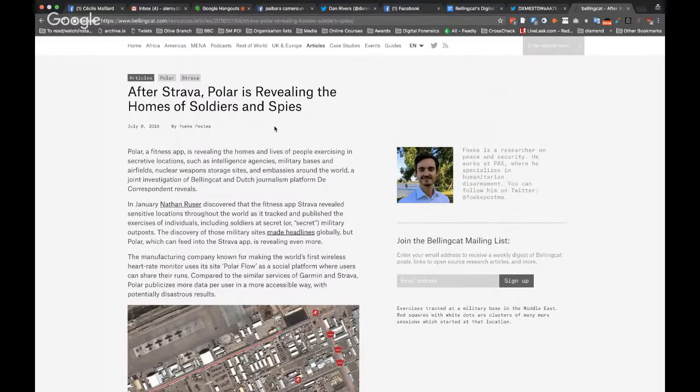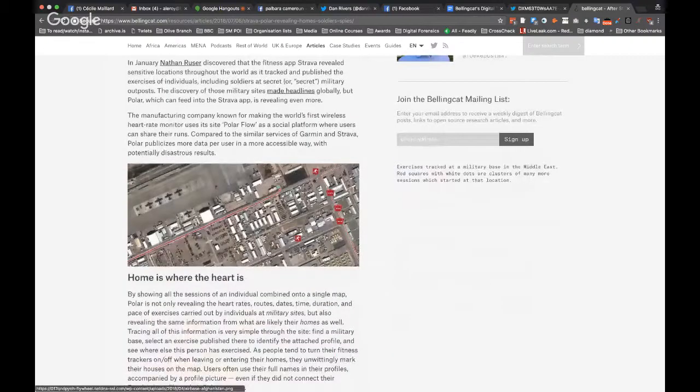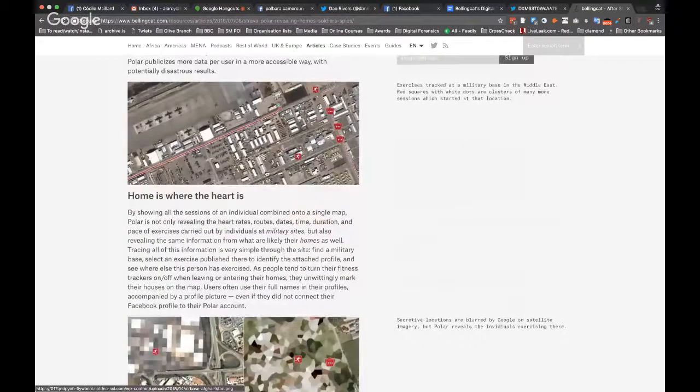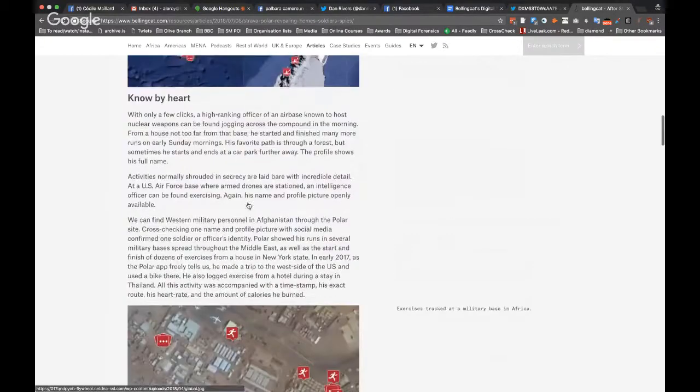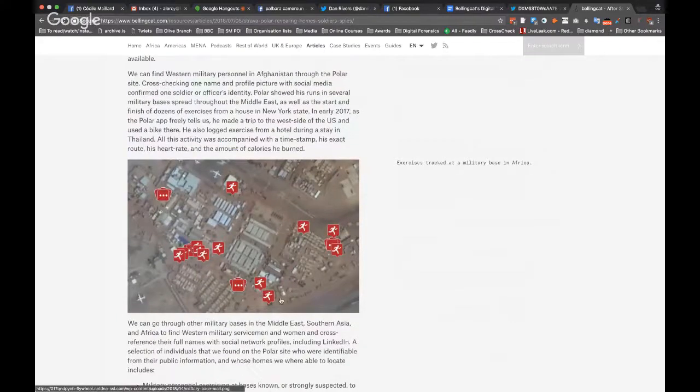which they've done. But this is a screenshot of it, and it shows you that people have mapped their run on special military bases, and you could easily, here for example, you've got the run, etc. Because people had profiles, you could easily get that information for the run on the military base, but you could also get information about the runs or the cycle path they used to do at home, for example, so you could have access to their home address. This is a bit of a scary example, but it shows you all the information that is available out there, and those applications have existed for quite a long time.